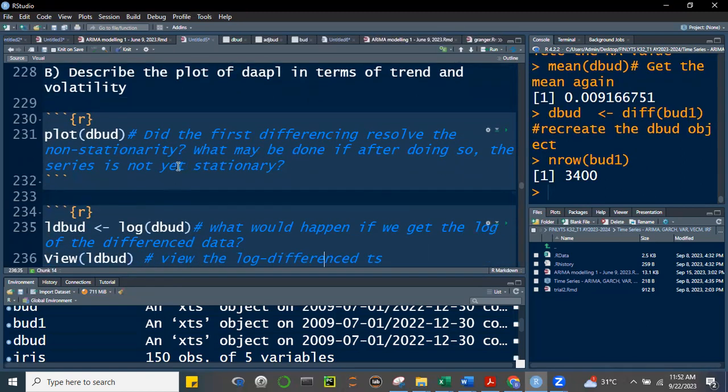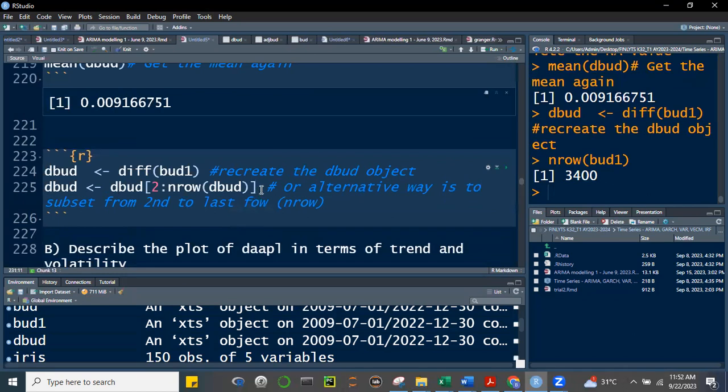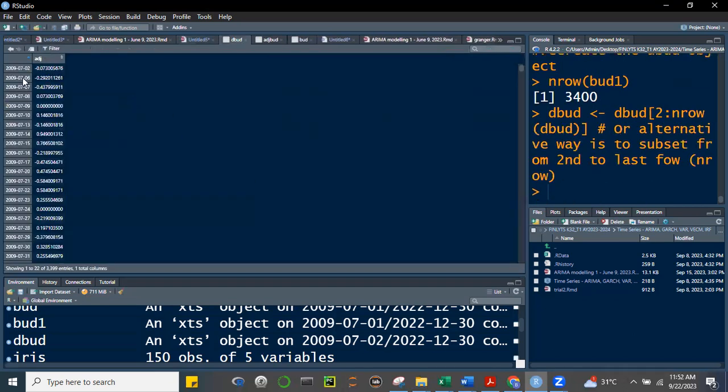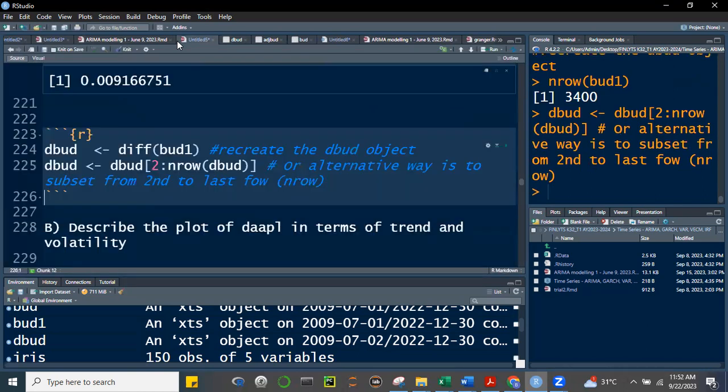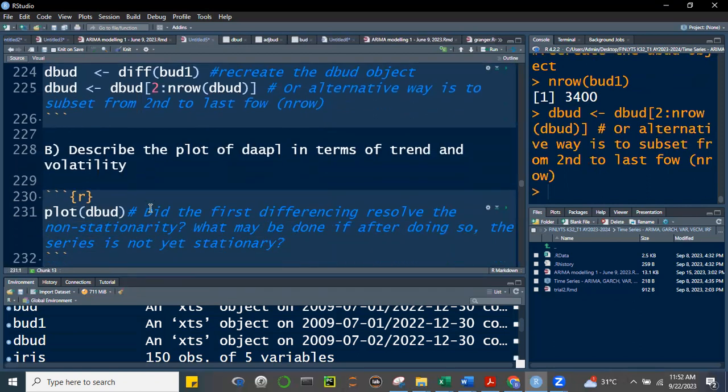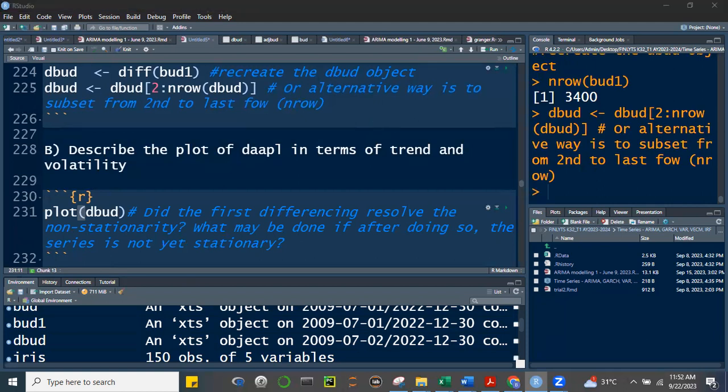Okay, now let's take a look at the plot of dbud. I don't think we reached this far, right? Am I correct, class? Hindi pa natin napaplot si dbud, yung difference dbud. Just make sure na wala ng NA. Sound off, please, class. We ended here last meeting, we were not able to run this, di ba? Okay. Thank you. Okay, so if we plot this, class,